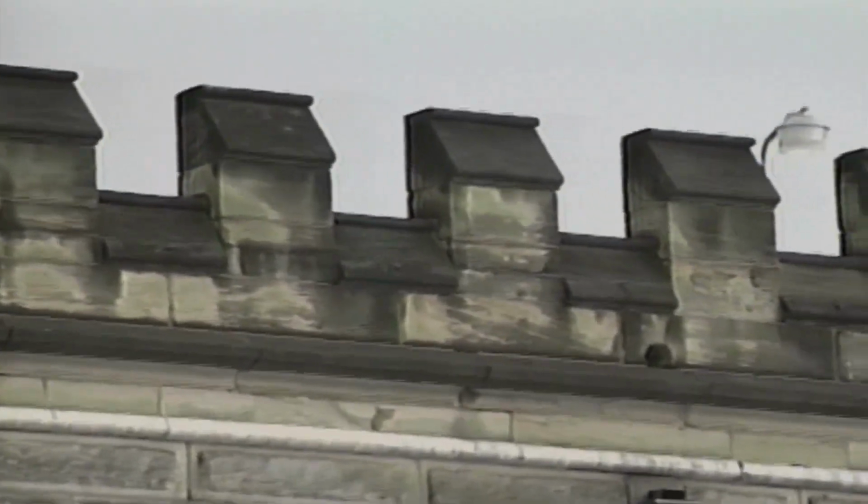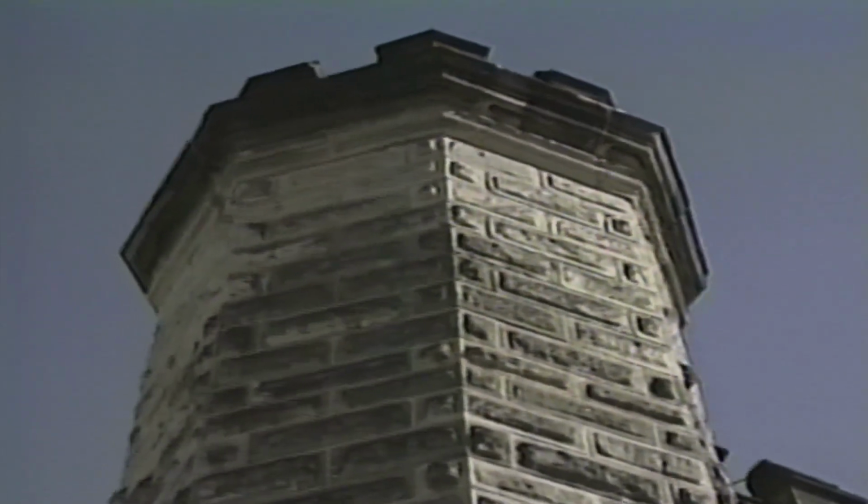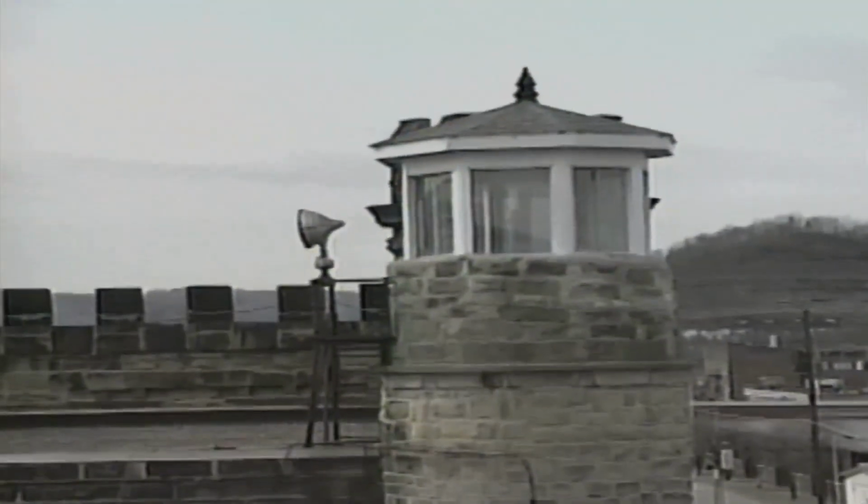Constructed in a Gothic style reminiscent of a medieval castle, with 24-foot-high walls, the prison is a formidable place. Built by convict labor of massive, hand-cut native sandstone, it stands as a reminder of an unforgiving prison life. Old stone watchtowers stand guard at regular intervals atop the high walls. Once manned 24 hours a day by armed guards, they now stand a silent reminder to its ultimate purpose: confine,